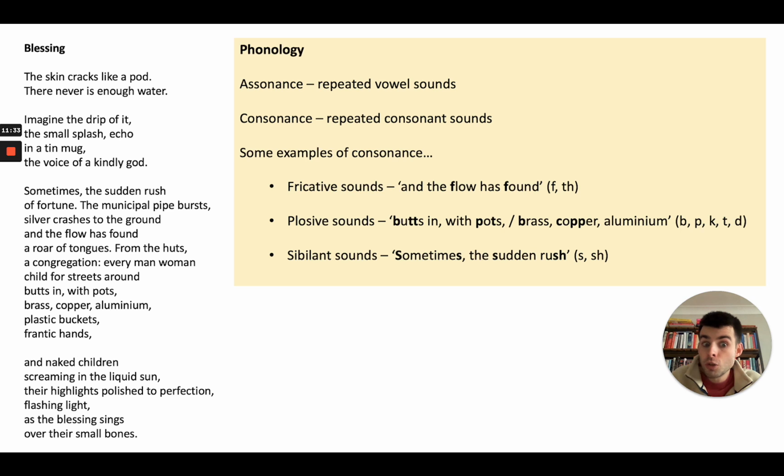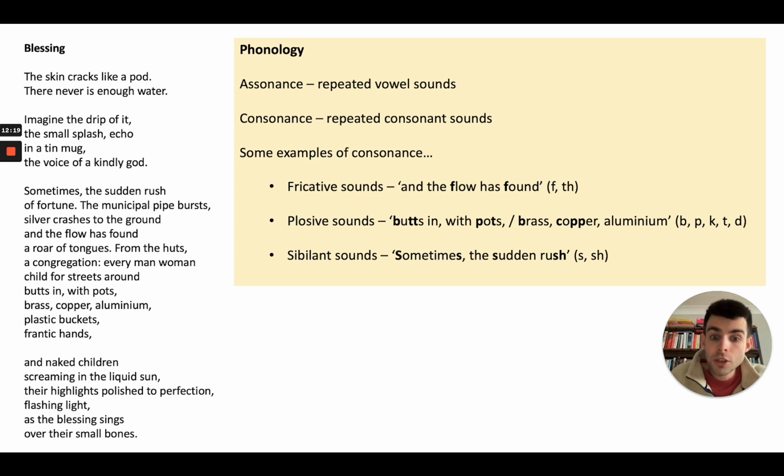Now you can think about that, but I think it sounds like that chaos of all of these buckets and the hands and the long list of objects and things as they scurry and hurry to try and get the water before it goes into the ground, evaporates or whatever. So it echoes that chaos of the moment, but also the joy, because the sound of everything, and it's the screams and the flow of the roar of tongues. They're singing. It's a beautiful picture, isn't it? So while I said aggression, I think here it's probably meant to create the sound of everything coming together in that moment.